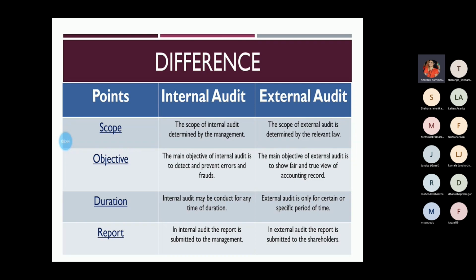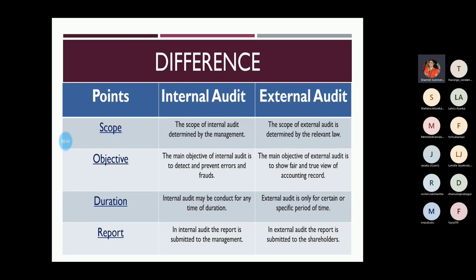But the external audit is determined by the relevant law. The laws and regulations are basically imposed by the government. The government has laws for employees, employers, and voluntary workers. Each and every country has different laws for different workplaces as well. External audit means we have external members, and they determine according to the law. That is the difference in scope.